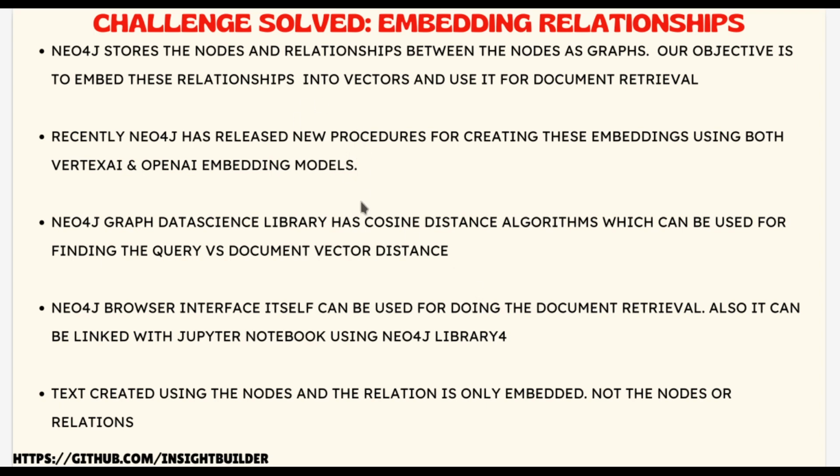I already told you about the procedures that has been created by Neo4j team. Neo4j also has got a graph data science library and an APOC library, which can do a lot of things related to data science activities and also regular data manipulation and math related activities. What we will be doing is we will be using something called cosine distance, which is very similar to what we do in case of the nearest neighbors algorithm that we work with in most of the